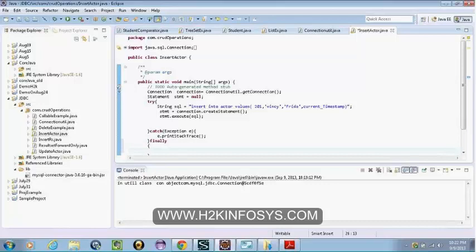Okay. So this connection pooling, is it used in Hibernate also, or with any connection? Yes. When you're using JDBC, we write code to do the connection pooling. But when we are using Hibernate, in a configuration file, we specify the number of connections that we want, and it internally provides the pooling for us. We don't need to break our heads and write the code to do the connection pooling. We just specify that in a Hibernate configuration file, and Hibernate takes care of the connection pooling. That's the beauty of Hibernate.